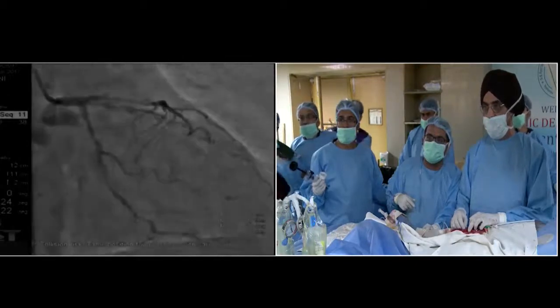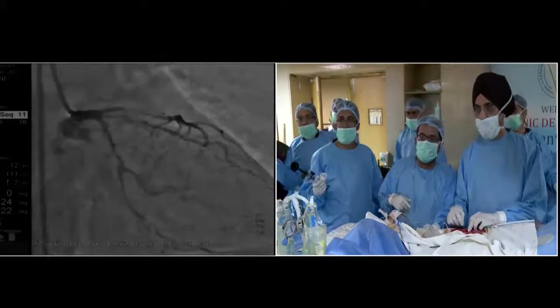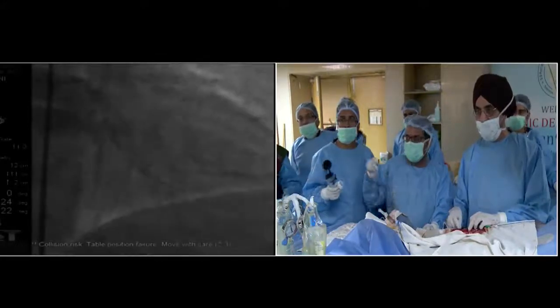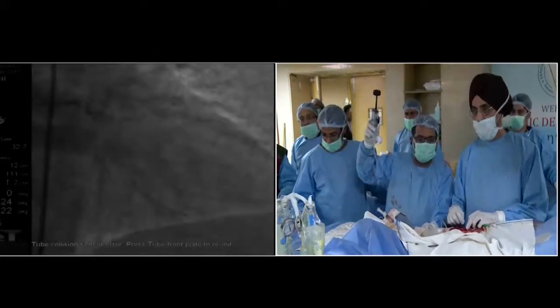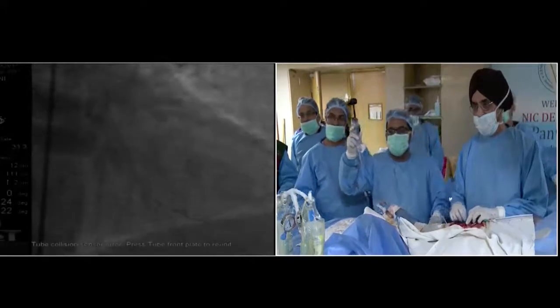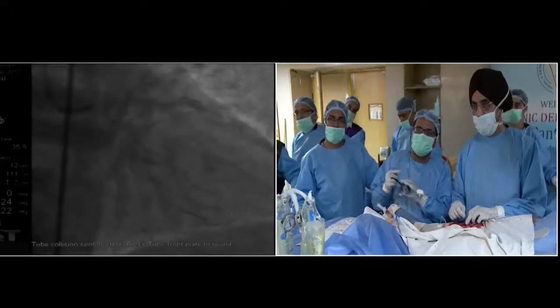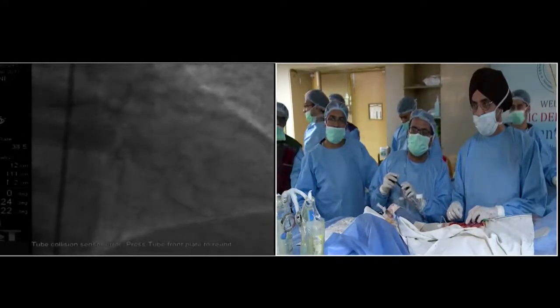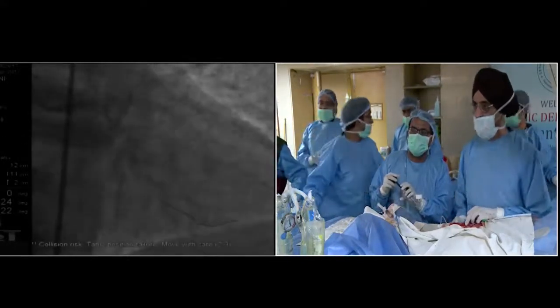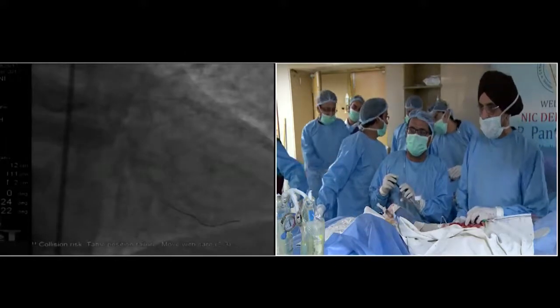I'd leave it for medical therapy. Do you consider that the distal circumflex significant? I'm not sure if just stenting the proximal circumflex would be enough in this case. Initially, I also thought it was a moderate lesion, but then